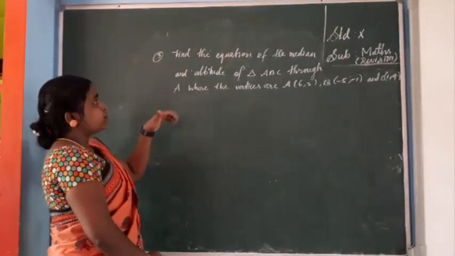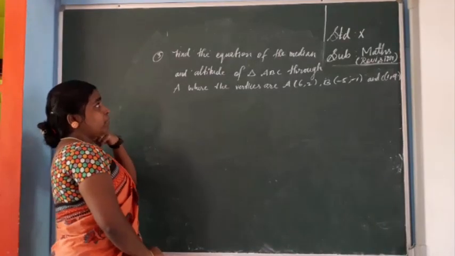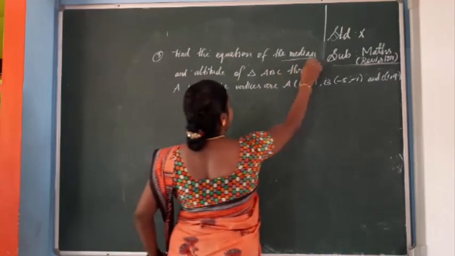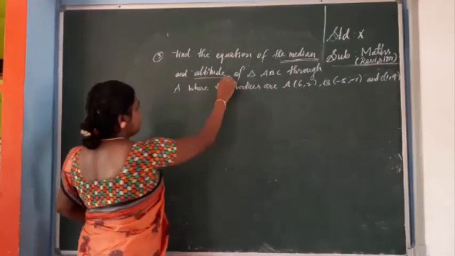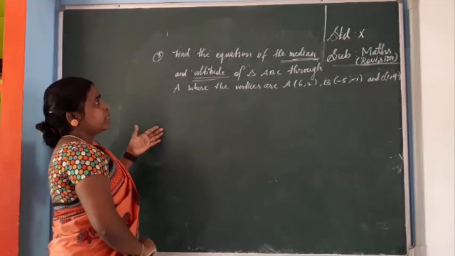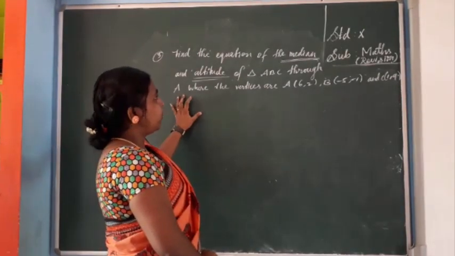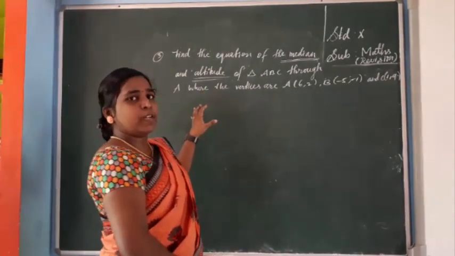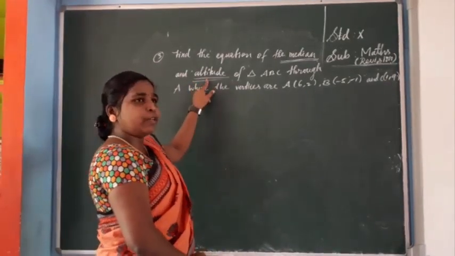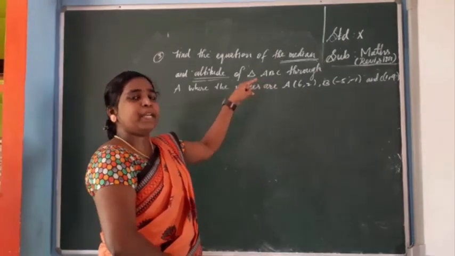So what's the difference between the last problem and this problem? See, find the equation of the median. So the median is given, and the altitude is also here. Altitude is the same as the last problem. In the book they have given it including two parts, one question. So that's why I have taken it. Altitude you can do. I am going to explain the median only.